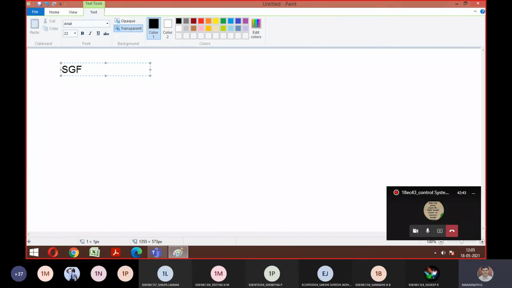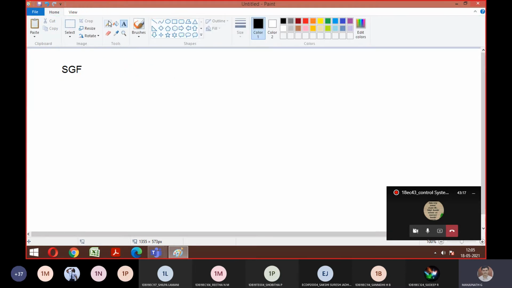I'll write the short form SFG, signal flow graph. So what is the drawback I told in the block diagram? If the system is more complicated, your block diagram is not convenient to solve such kind of things. So there comes a new rule called the signal flow graph. Is that okay with the first one? Everyone, is it okay? Yes or no? Yes, sir. So what is the difference?